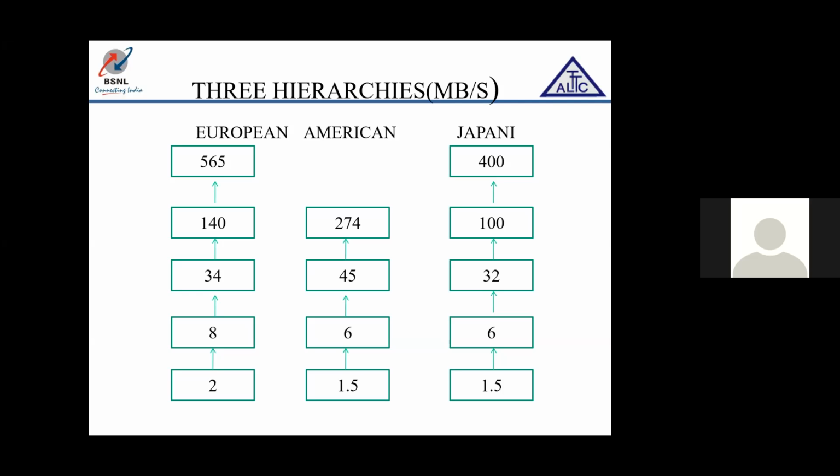But since the capacity requirement was less at that time, it was manageable. But after 1990, demand was increasing. So all the different hierarchies were combined to make a global standard. So we have got three reasons why SDH was implemented. Now next,